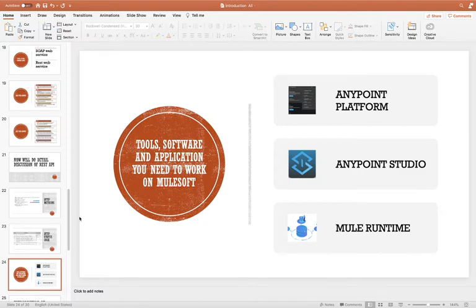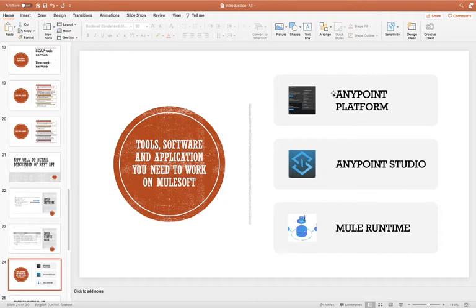So first one is Anypoint Platform. We will use Anypoint Platform to create the YAML file. We can create a Mule application on Anypoint Platform also, but whenever you work on a project you will use Anypoint Studio, since here we have limited capability to create a Mule application.